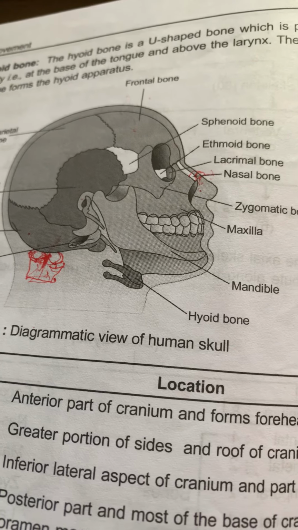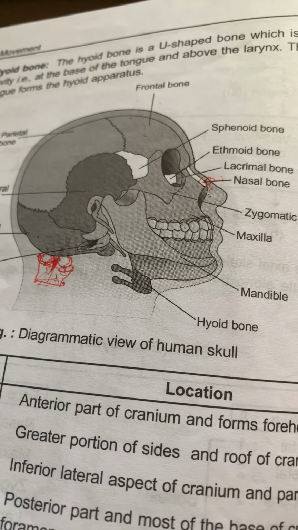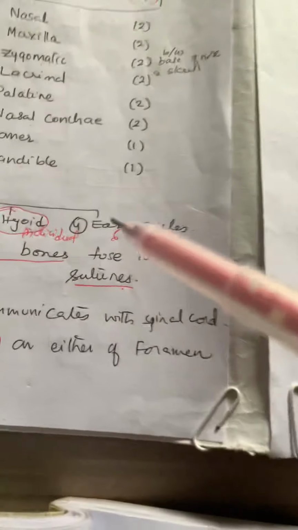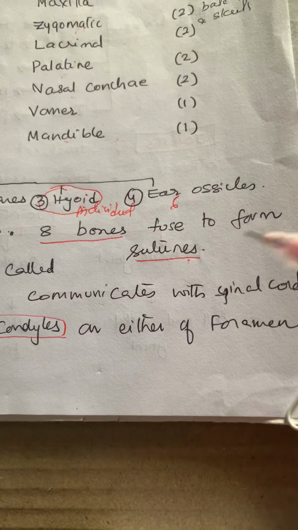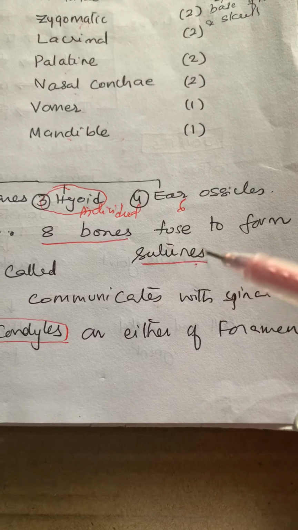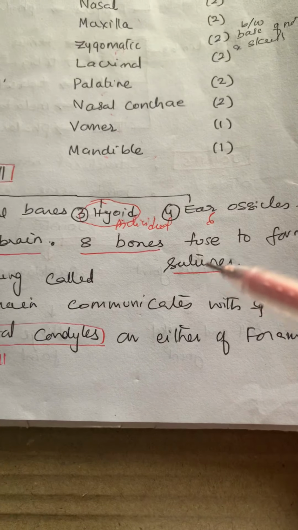And coming to another 6 bones, here ossicles. So here cranium, again I want to tell you, it protects brain. It consists of 8 bones. They are fused to form by the sutures, which consist of fibrous